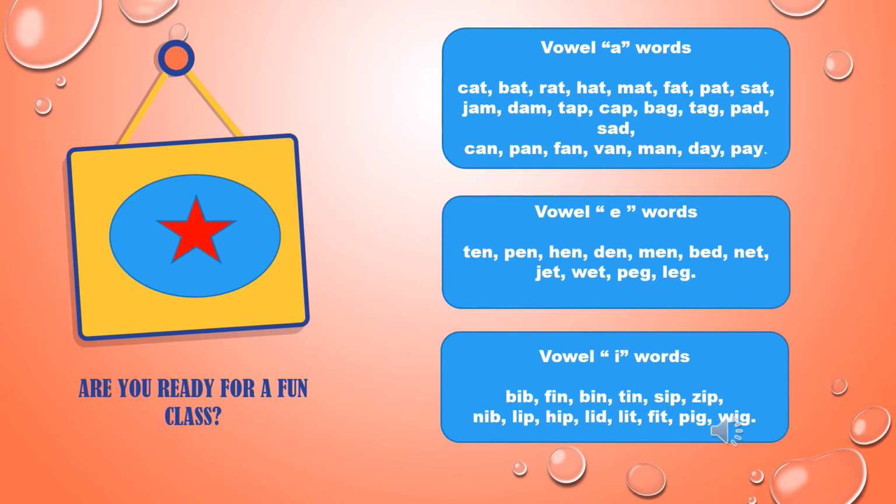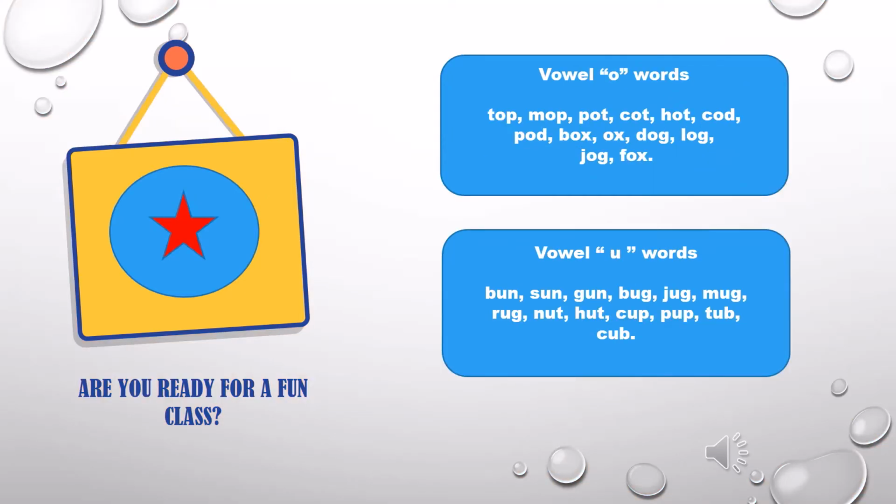The third vowel is I. The words are bib, fin, bin, tin, sip, zip, nip, lip, hip, lid, fit, pig, and many more. Fourth vowel is O, and the words are top, mop, pot, cot, hot, coat, pod, box, ox, dog, log, and